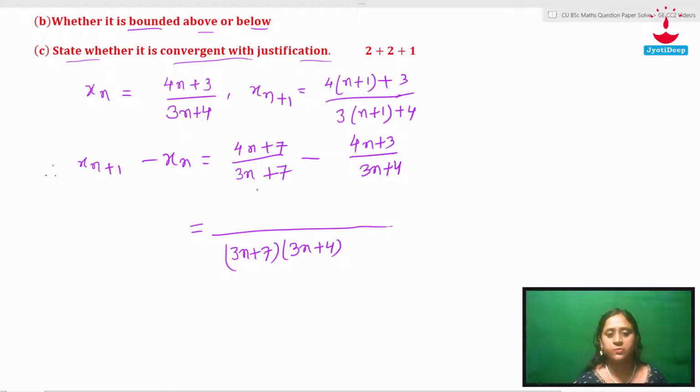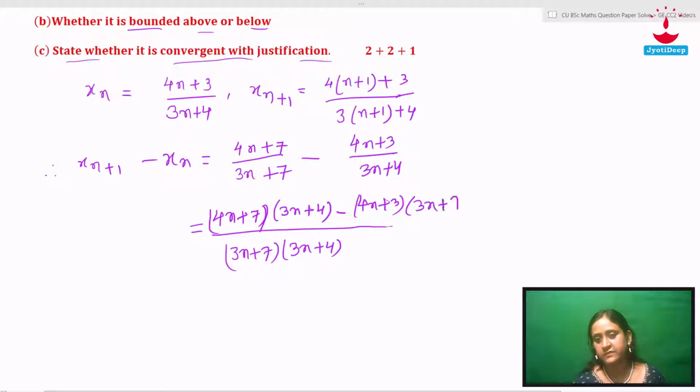So 3n plus 7, 3n plus 7 cancels. Here we will get (4n plus 7) multiplied by (3n plus 4) minus (4n plus 3) multiplied by (3n plus 7). Okay, simplify করো, দেখো কী পাবে।